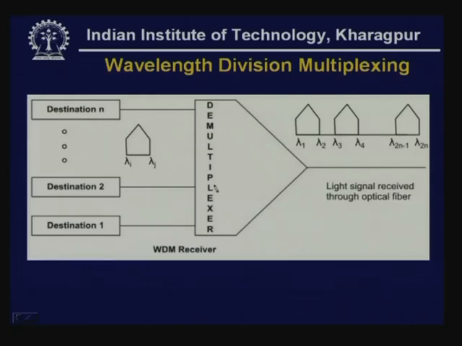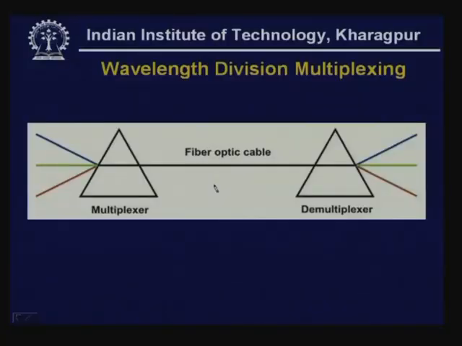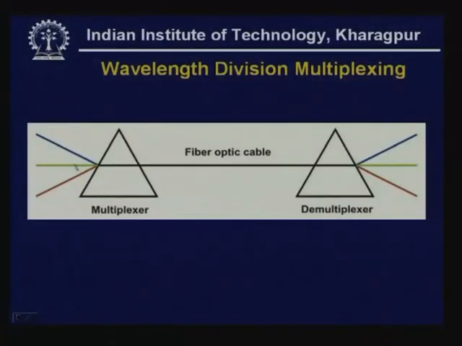You may be wondering how this multiplexing and demultiplexing can really be done. This can be explained very easily with the help of this simple diagram, where we have used two prisms. As you know, an optical signal, the light signal, has two properties, reflection and refraction. So, we can make use of the refraction property to combine light signals coming from three different sources. Then, as you can see, a single composite signal is here, which can be sent through optical fiber through this